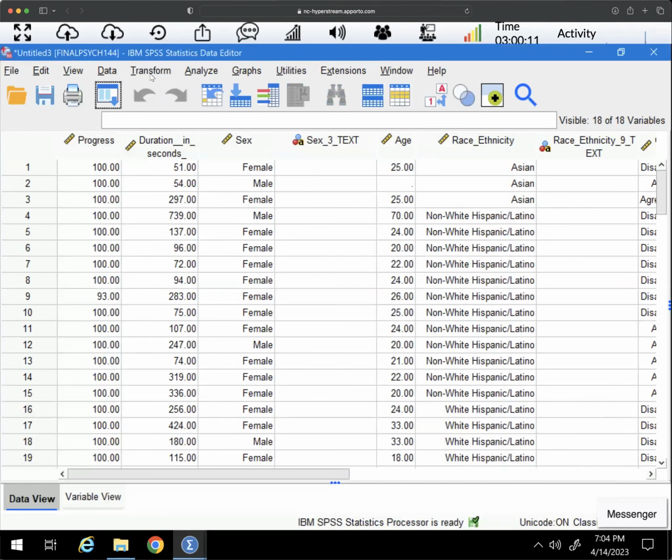Now I want you to select this, copy selected cases to a new data set. So I'm going to give this a new data set name. I'm going to call this cleaned, actually, let's just say final Psych 144. I would give it a different name. I'm just using this name for general, but I would give it a name that is specific to what you collected. And then if you say okay,